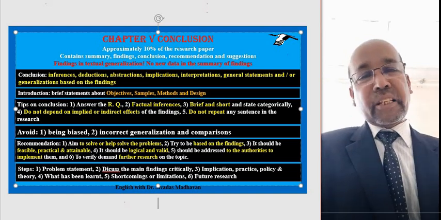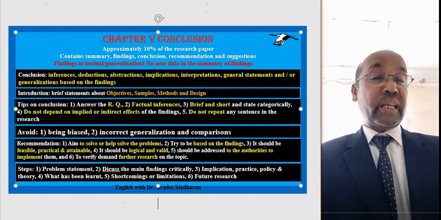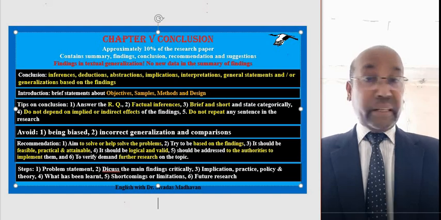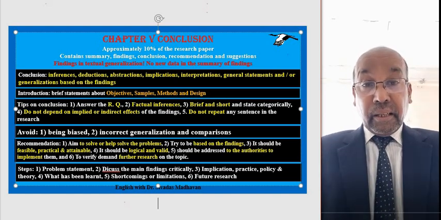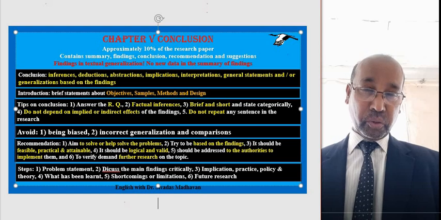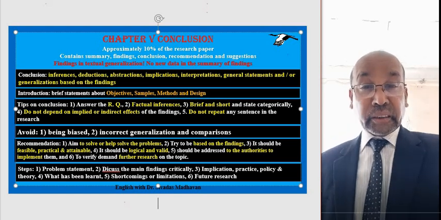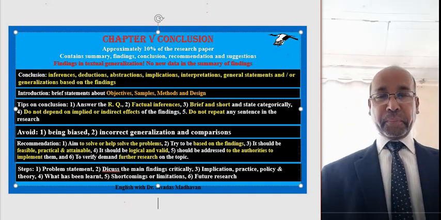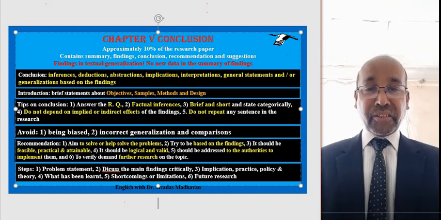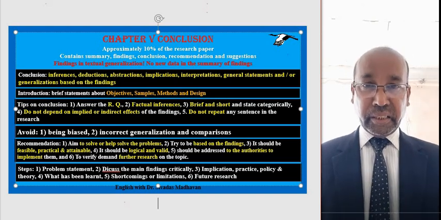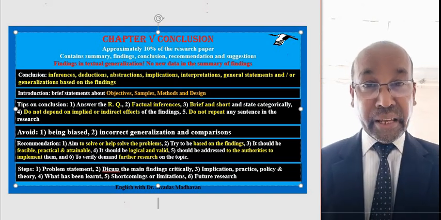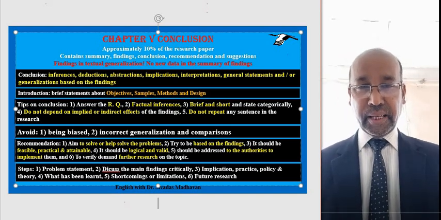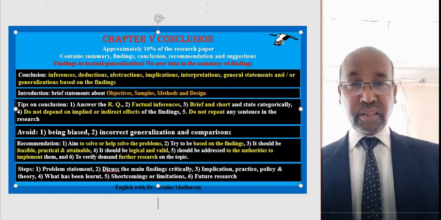Introduction will also be approximately 20 pages, not more than that. So that is the approximate size of the chapters. And there is no hard and fast rule, but these are the common practices people follow. If the introduction is the head of the research paper, the conclusion is the tail of the research paper. The head and tail must match each other. That means you cannot have the head of an elephant and the tail of a horse. It will not synchronize. So, make it appropriate.